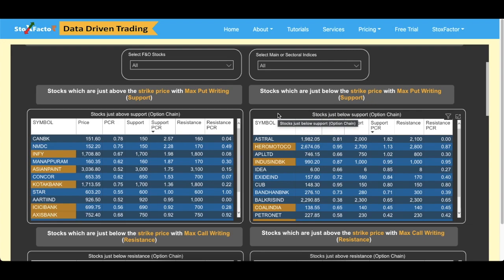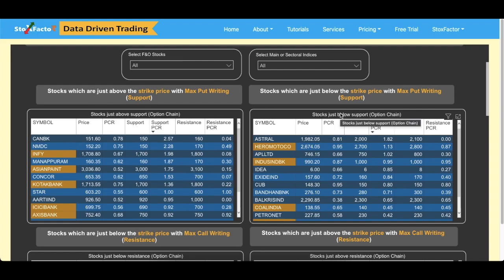So the stock is deliberately being brought below the support level so that the weak players or retail investors think that the support has been broken, and then we see a strong comeback from that particular support level. But there is a catch here. You have to follow the data and you have to understand the levels. So the point is not to jump immediately into the stock by seeing just the support level. You have to see and follow the data.